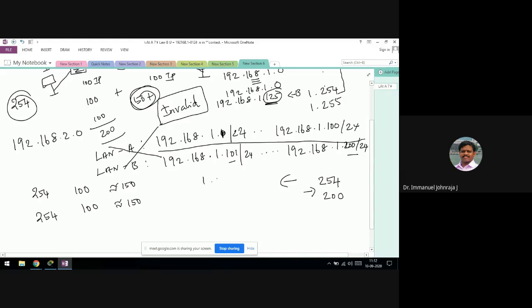All right, now this is not going to be a solution, because you take any address in this range. I'm writing only the last two octets, 1.0 up to 1.255. When the mask is 24, you take any IP, they are going to give you the same network address. The network address is going to be 1.0. Right? So how can we solve this problem?